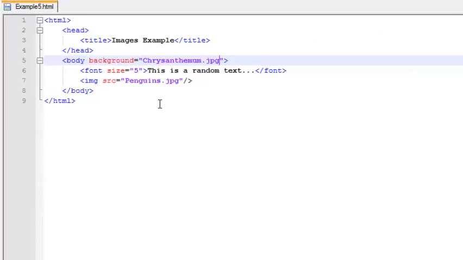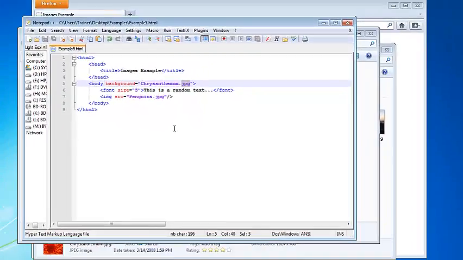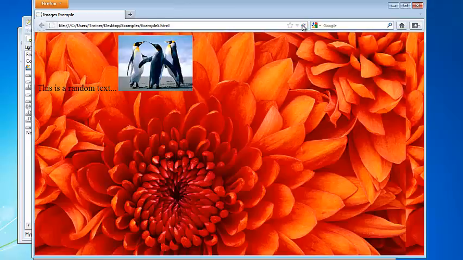Now you should note that whenever we're putting the names of the image files, we must always end it with the file name extension. Like these are .jpg images. We may have .gif images and .png images. So they are all different image formats, and their file name extensions must be included in the image source as well. Okay, so save that, go back to the web browser, refresh, and you can see the background of the page is now displaying those flowers that we had in the image. Alright,